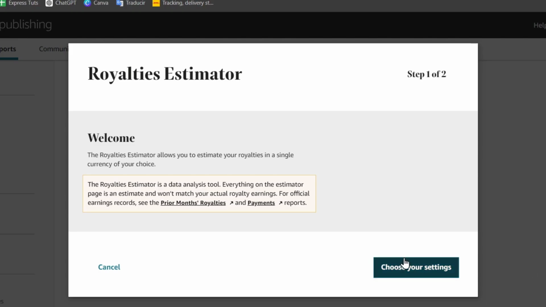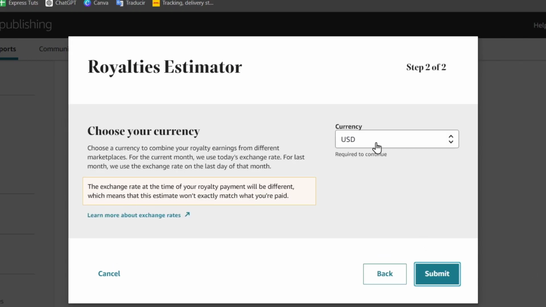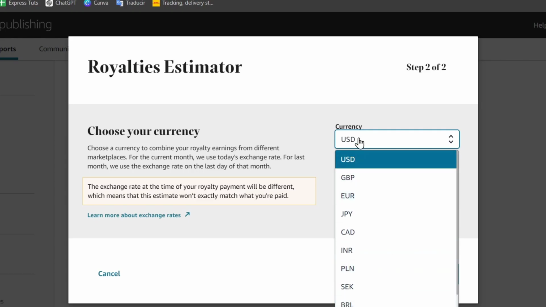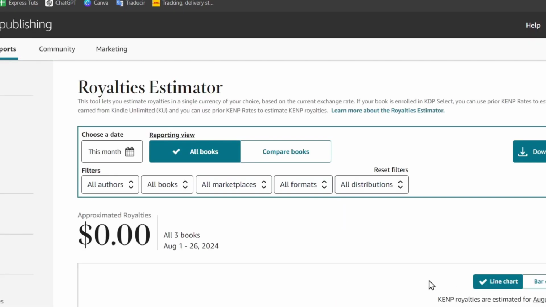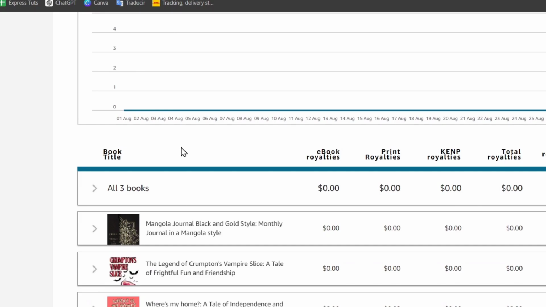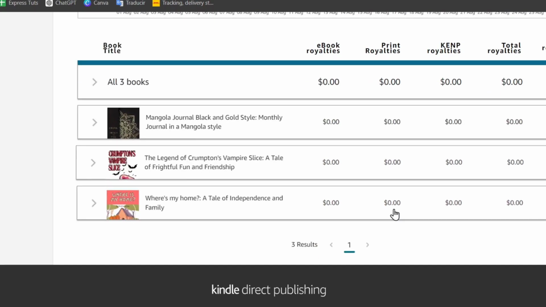And of course, it's going to be really important to choose how much money you would like to earn. For example, let's go for USD, and I go for submit. Here's my royalty estimator. Assuming the selling is based on my exchange rate, if the book enrolls in KDP, how much I can earn so far. From all my books, I have my royalties in ebooks, the printing, the total royalties, and everything